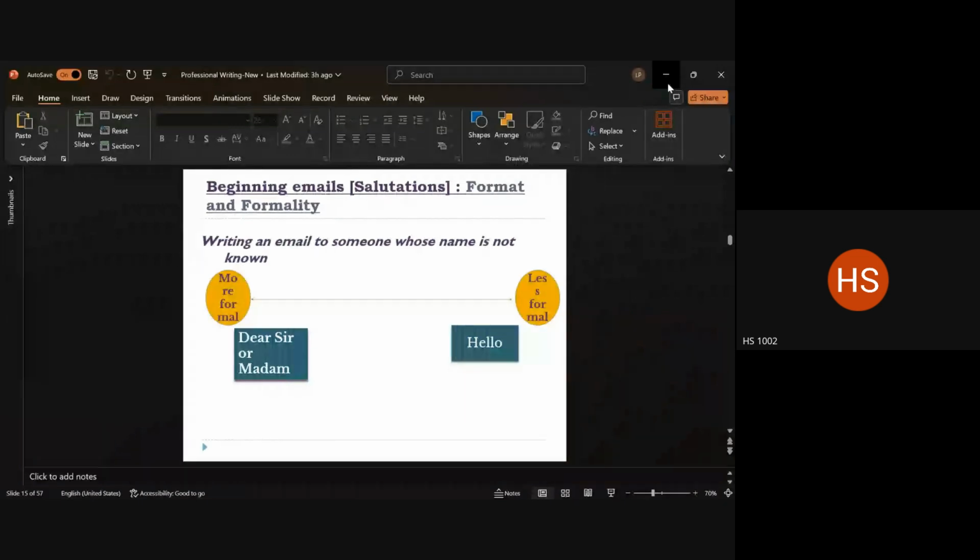Okay. So the first situation, can we do a little bit of an activity here? You are given a few situations here, about 5 of them. You have to judge the formality of that situation and then tell me what would be a proper salutation. Just take 1 minute or so. You can write it down and then we'll discuss. There could be formal, semi-formal, less formal situations. Judge them for their levels of formality, and accordingly, you tell me what salutation would be a good fit there.